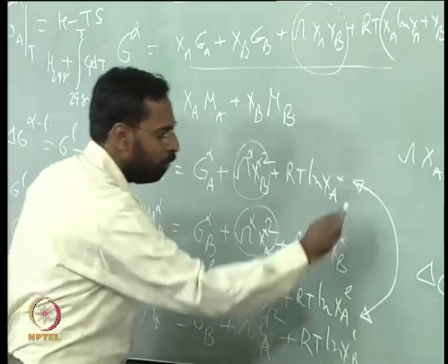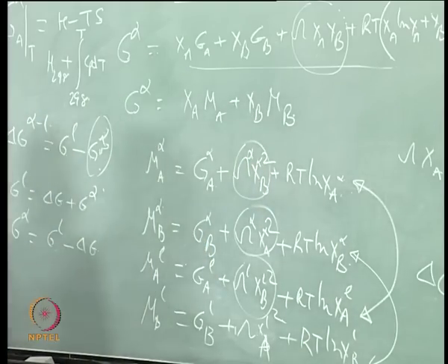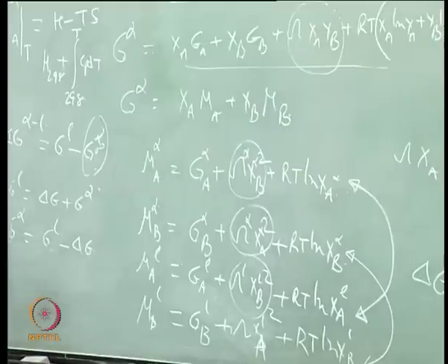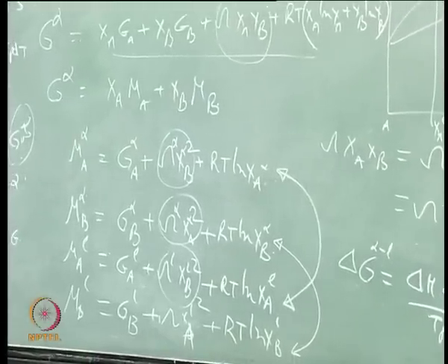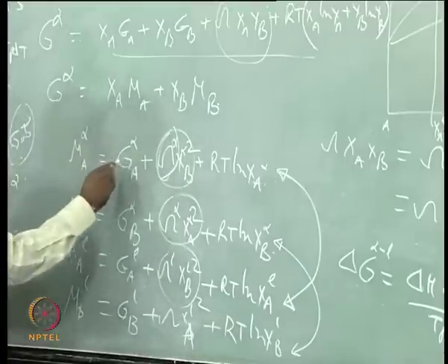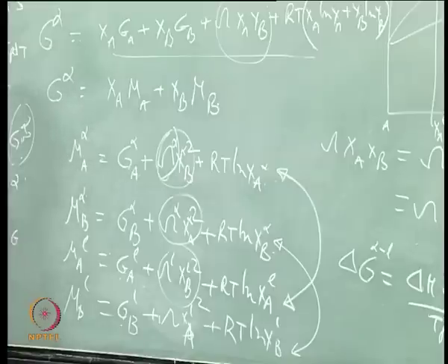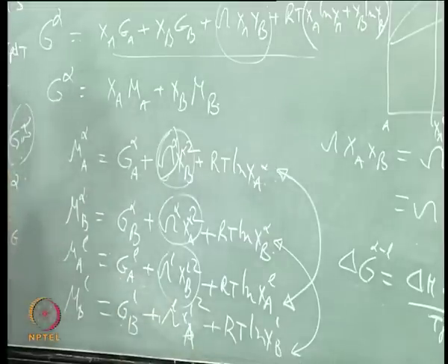So this you equate and these two you equate, so you will get two equations, and two equations and how many unknowns? Two unknowns. Two equations, two unknowns can be solved provided the rest of the things are known. What are the rest of the things I need to know? I need to know the pure metal values. Once I know the omega alpha and omega liquid, this is omega liquid, then I can